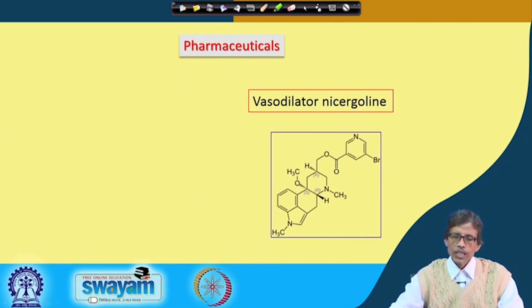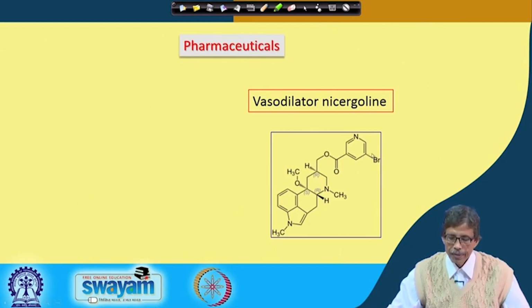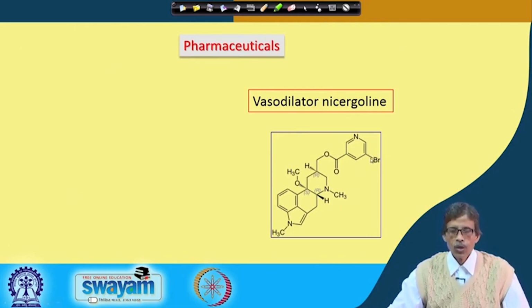Bromination at this particular position can tell us that we can improve. Sometimes it is not always true that we can improve the quality of the pharmaceutical through bromination. So, if we are able to improve the quality or its performance in terms of its activity,